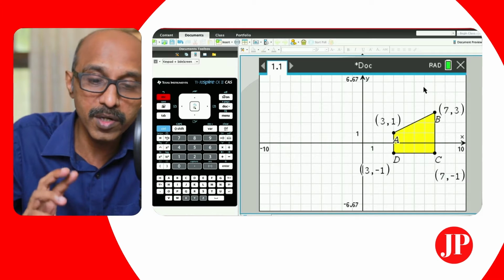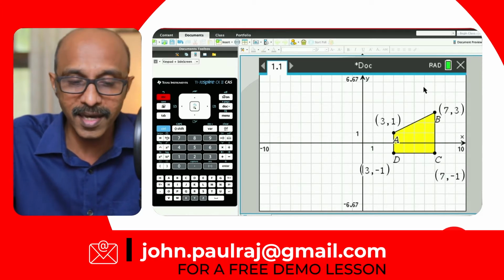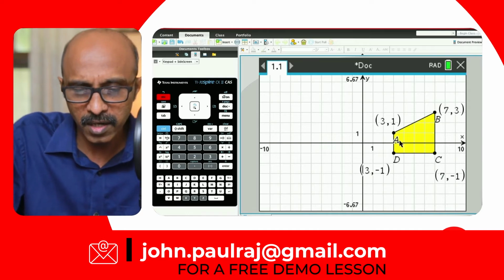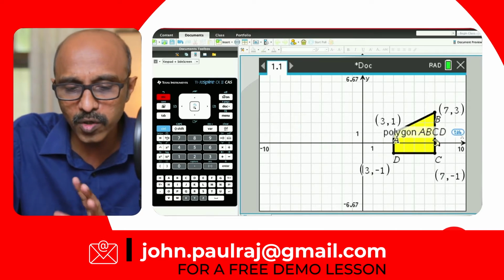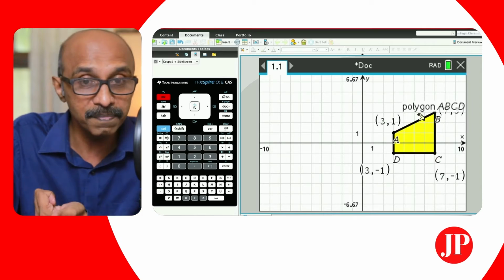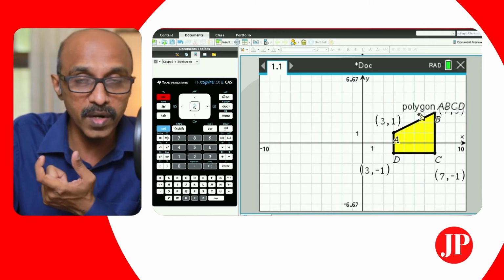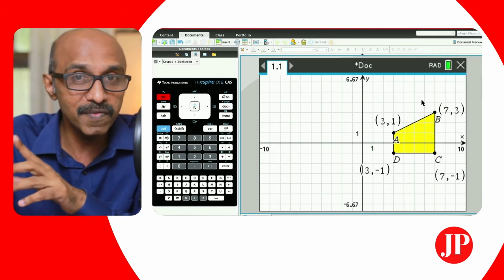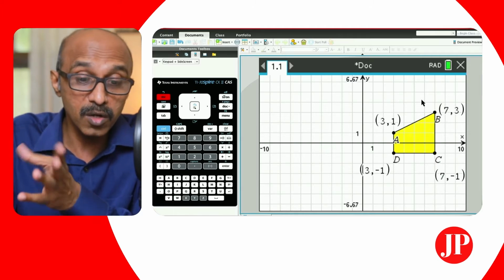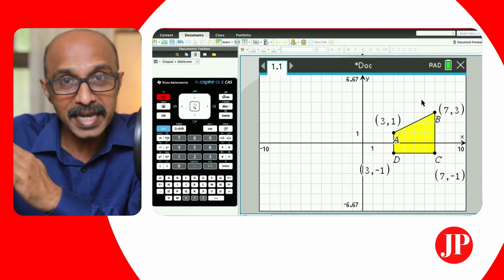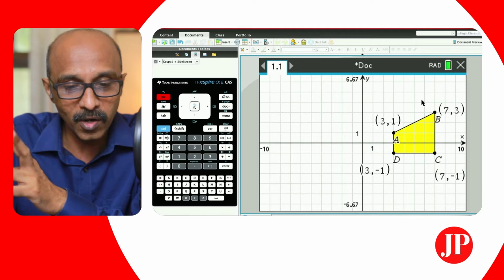In the earlier video, we spoke about reflection about the x-axis, the y-axis, and any other line. Today, we're going to talk about rotation. That's my object, and we want to rotate this object about a certain center by a certain angle. For rotation, we need a center of rotation and the angle of rotation. For the angle, we need to specify whether it's going clockwise or counterclockwise. If it's going clockwise, it needs to be a negative angle. So those are things we've got to be careful about.